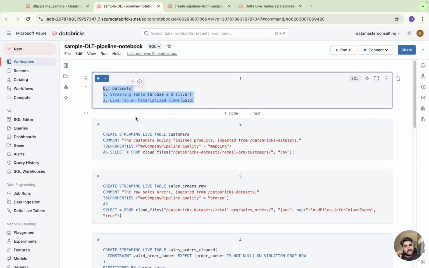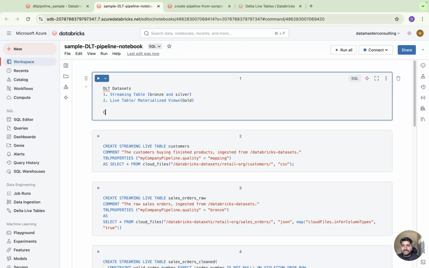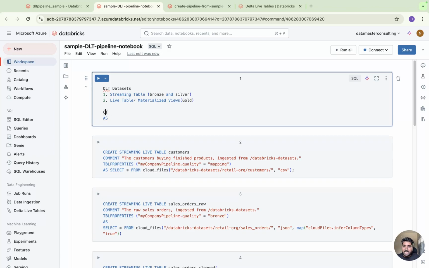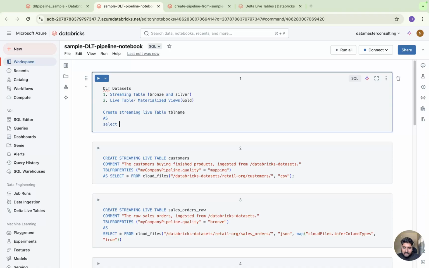So knowing this, let us jump on to the syntax now. It is very simple. If you know CTAS statements, CTAS is nothing but create table as select, a very popular DDL command that helps you create a table from a query. But we are going to make a little change here. It's not just create table, but create streaming live table. We just add streaming live before table, then provide a table name, and then say as select